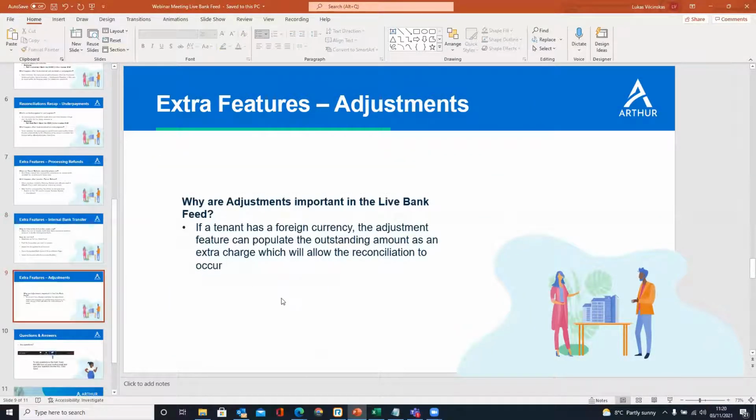Last but not least, adjustments. So the Afterlife bank feed accounts for adjustments. This is rarely used, but more commonly used for international clients and tenants. Essentially, when